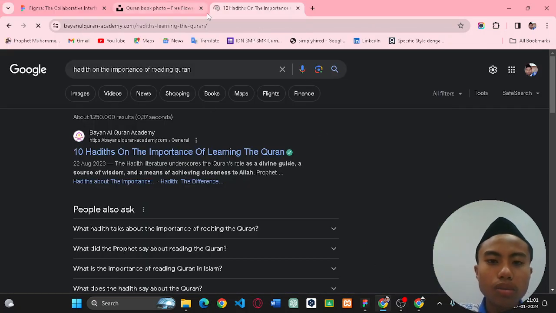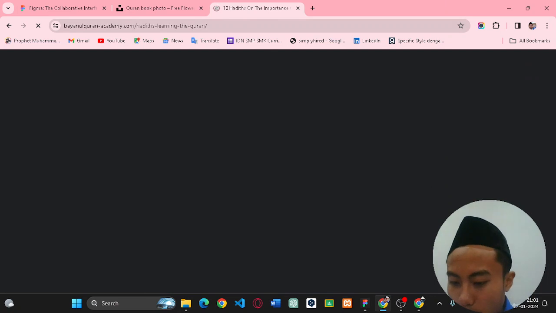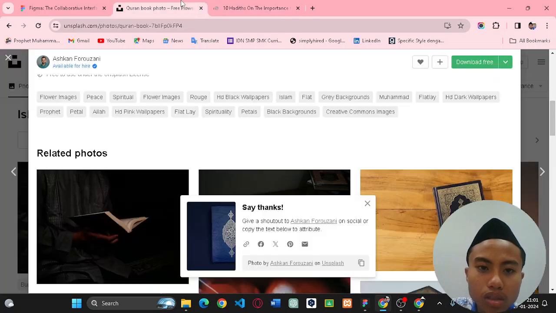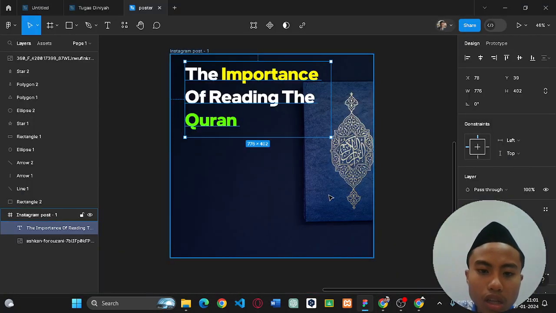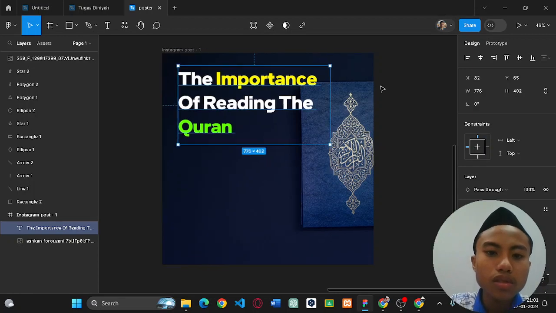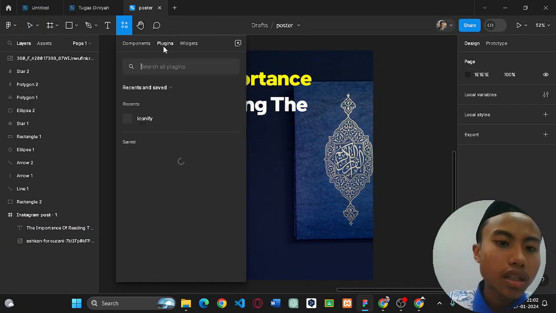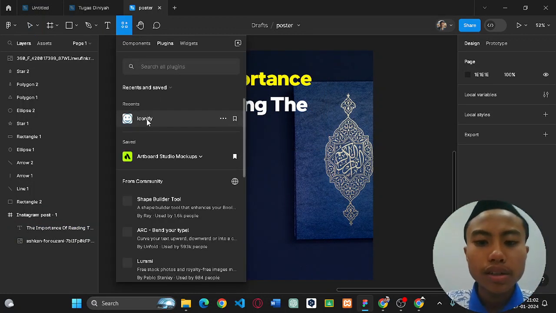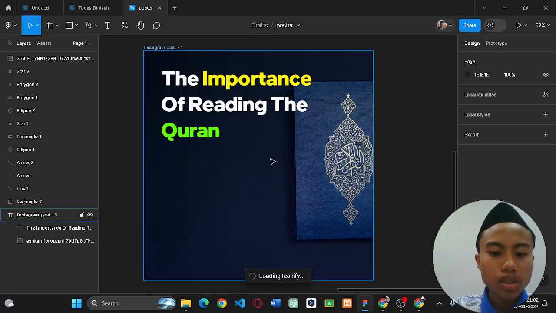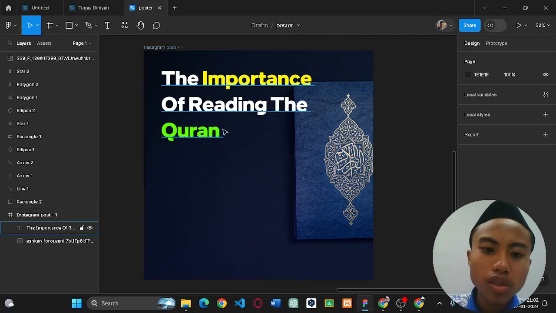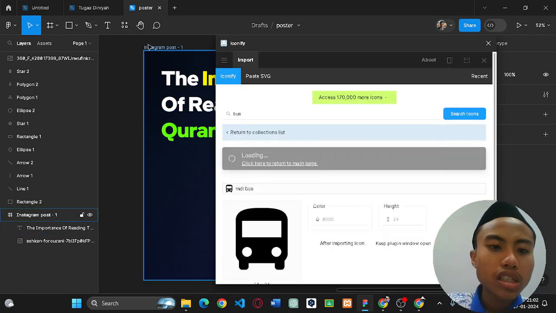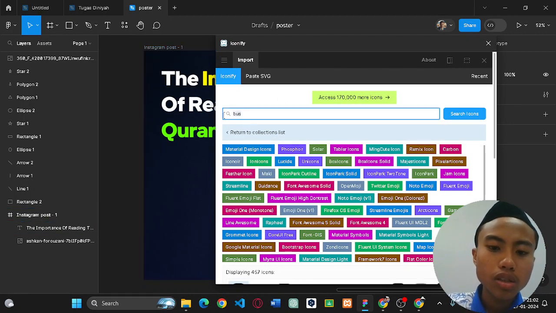Okay. Oh my god. Let's just wait. Okay. So this is our assets in here. And as we are waiting, you can see there are some plugins you can set, like Iconify. You can make some little icons, which is good because, for example, we are going to make an Instagram post, right? So let's start by checking for the Instagram.